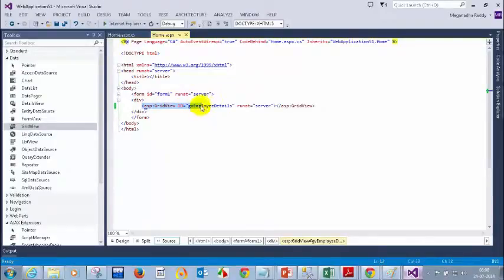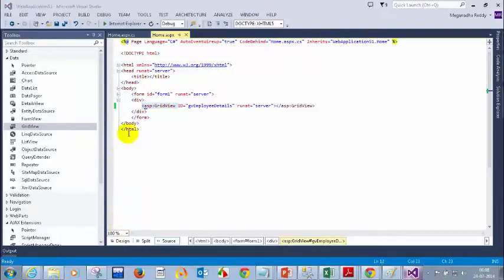Grid view is one of the ASP.NET controls, which is used to display values like tables from the database. This is something similar to your text box, but a text box cannot display a table, right? So for that we need to use a grid view. Okay, so any questions here? Even you can format the grid view.